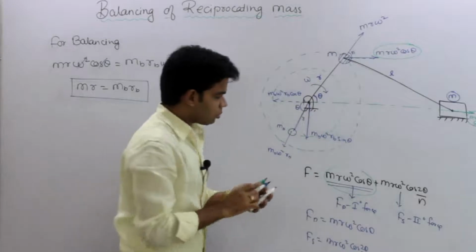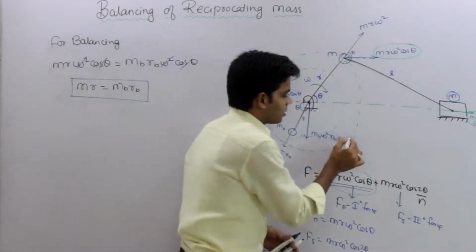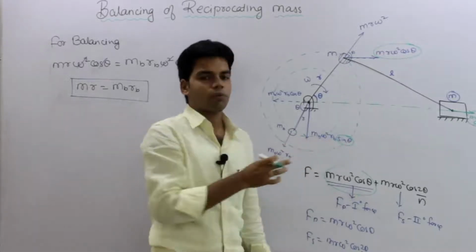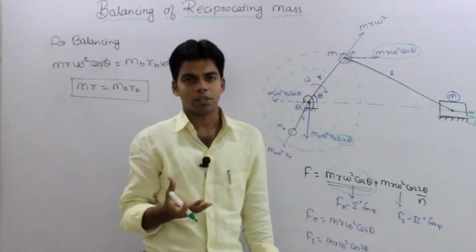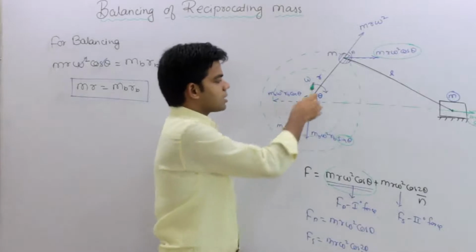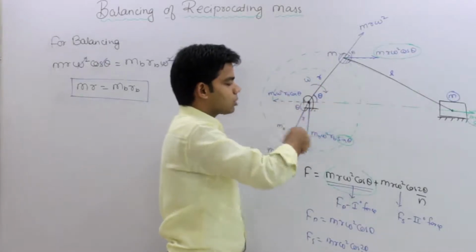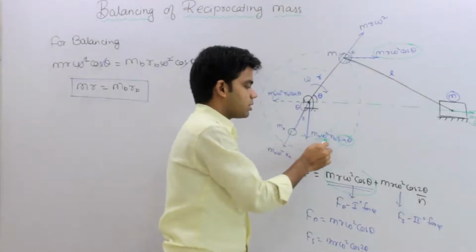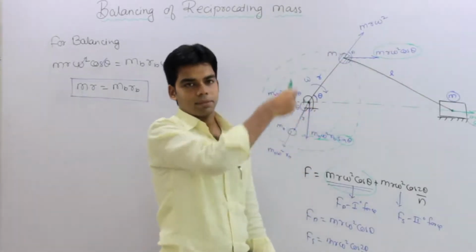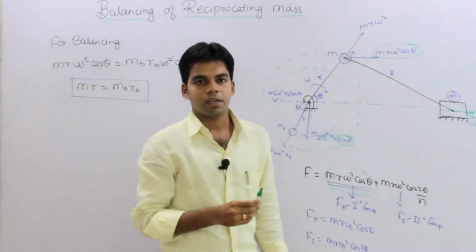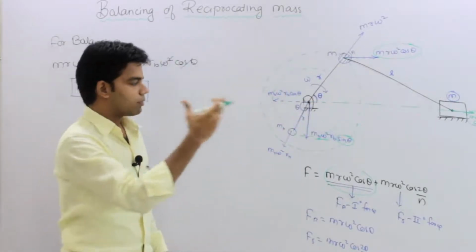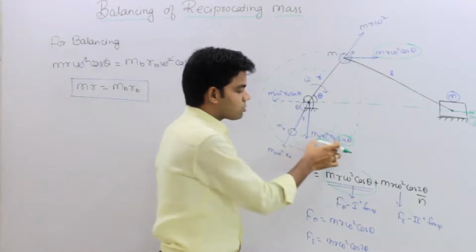Okay, and the most important part here is this sin theta, that is, this vertical component of force is dependent on theta. Dependent on theta means as theta changes, its magnitude will change over a complete rotation, and this particular force will produce jumping of the engine. Getting this, not? Okay, and the maximum value of that jump is the hammer blow that we will discuss in a later part. So this will produce jumping.